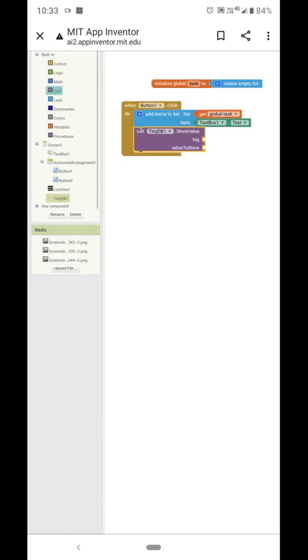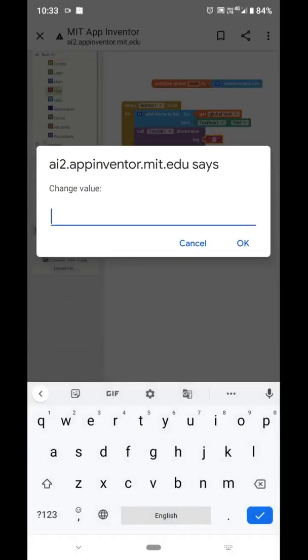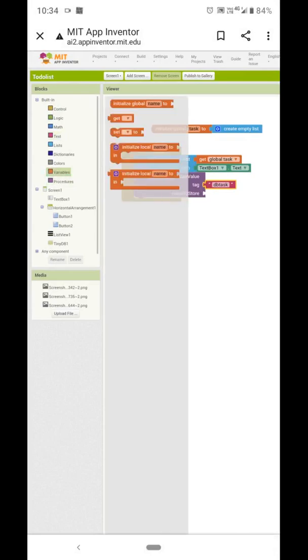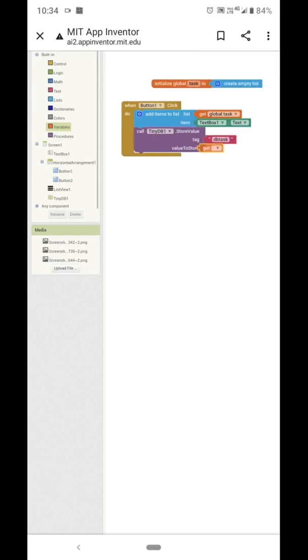Go to text, select empty, type here db task. Okay, then call the variable global tasks.